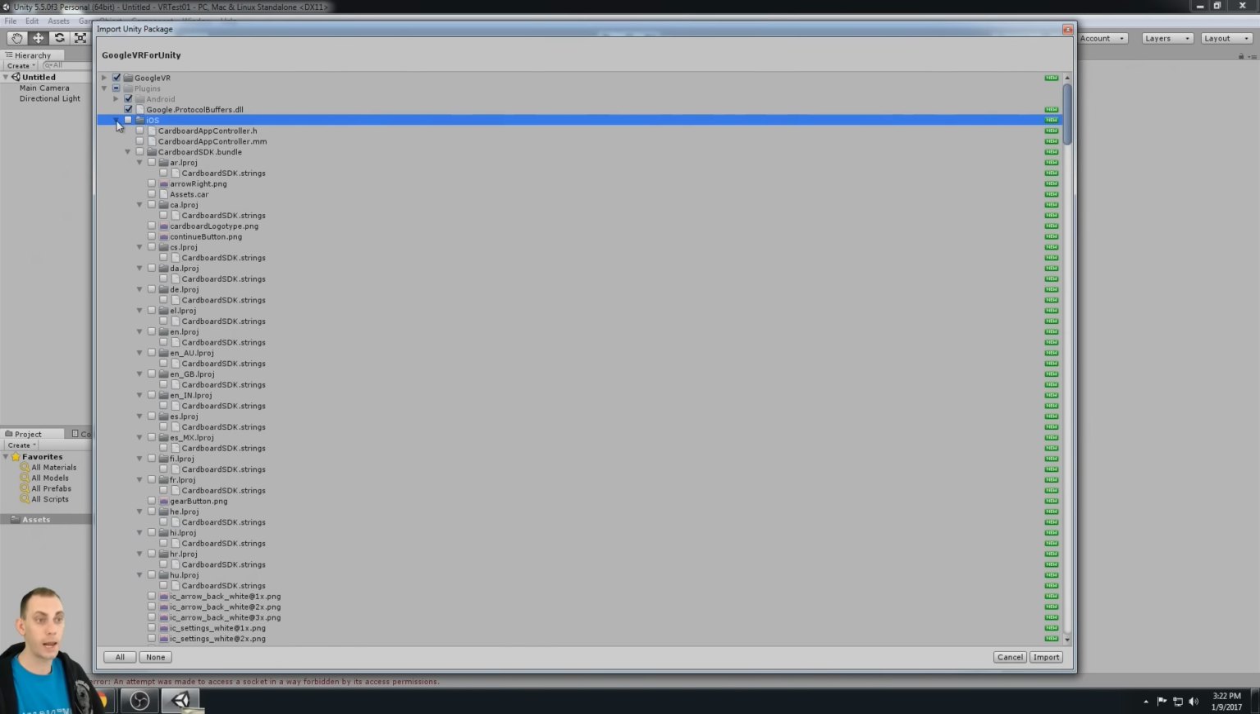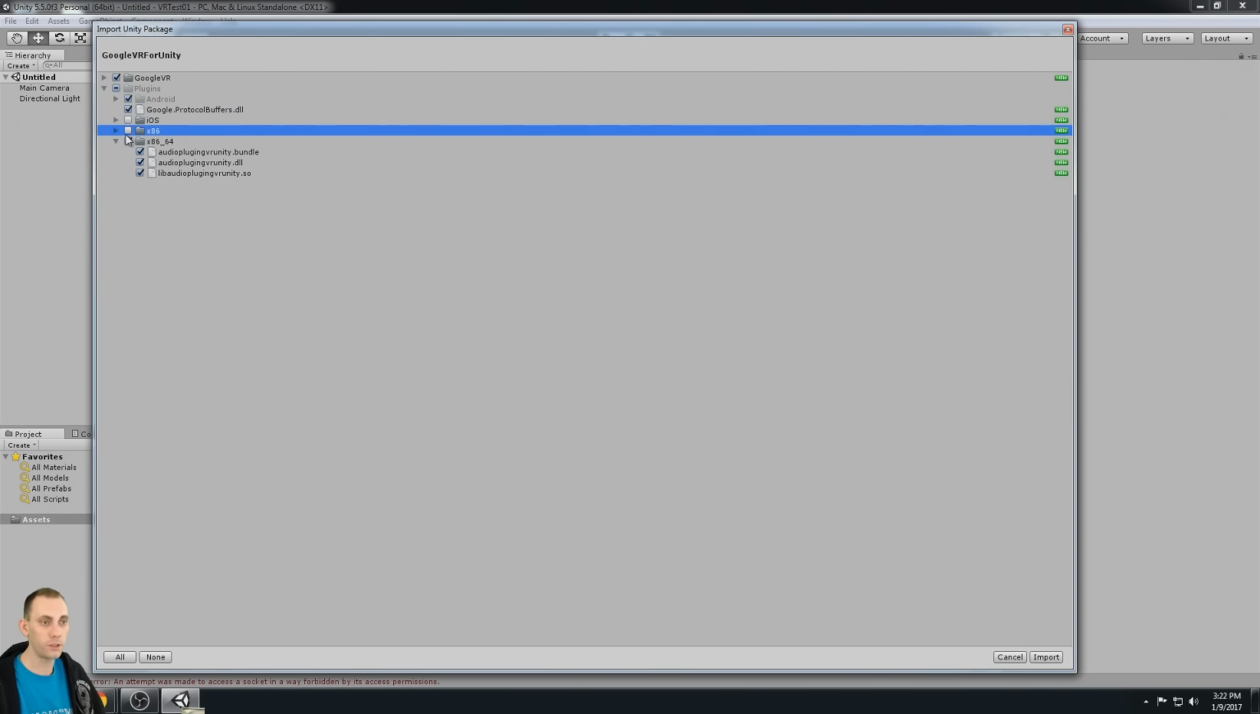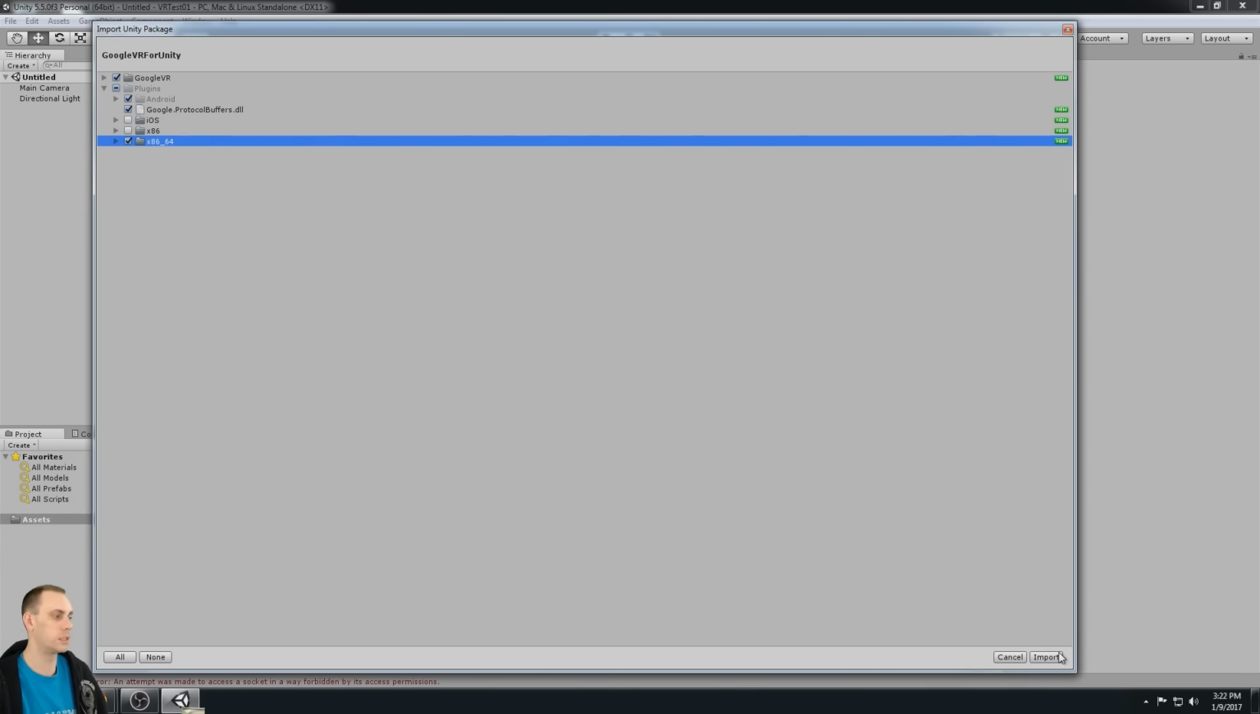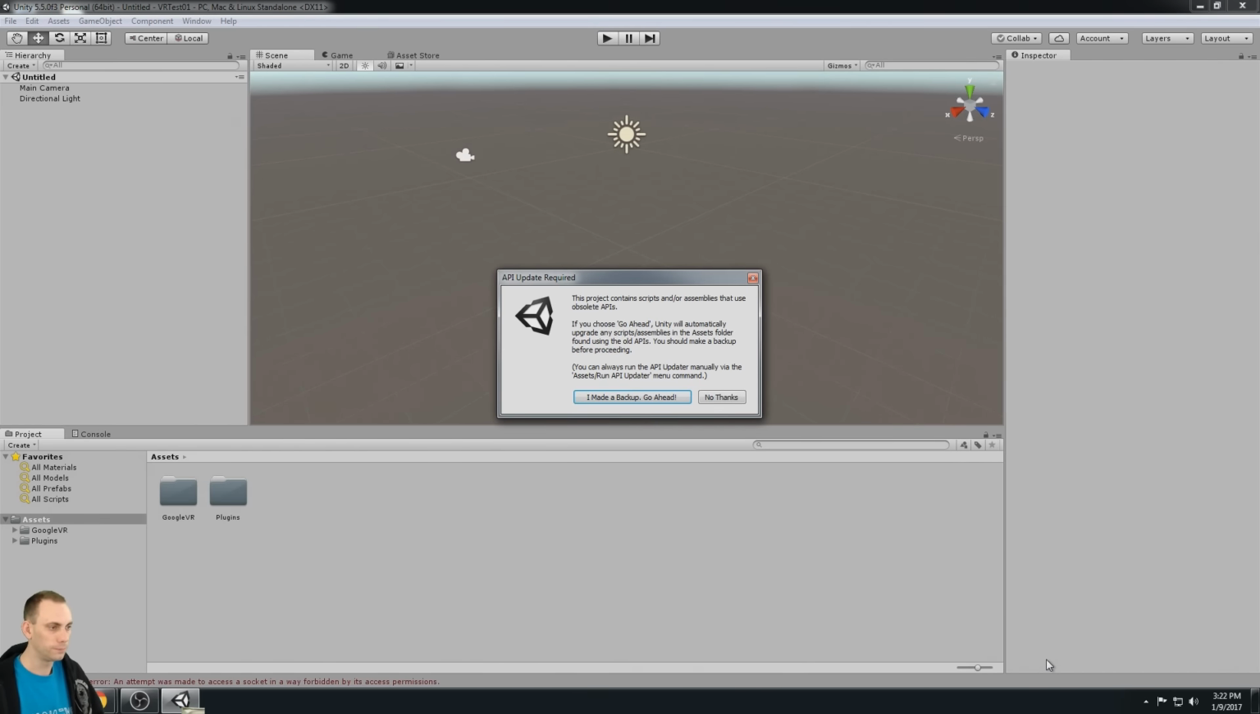iOS has a lot of files that I actually don't need because I'm not building for iOS, and then this is for 32-bit. I don't need that. I'm going to use the 64-bit because I'm on a 64-bit machine, and I want the scripts and the spatial audio DLLs to work, of course, with my 64-bit machine while I'm developing. So bring in the 64-bit